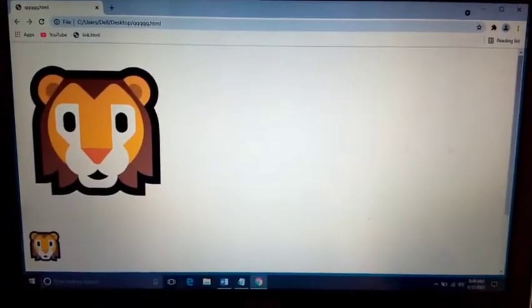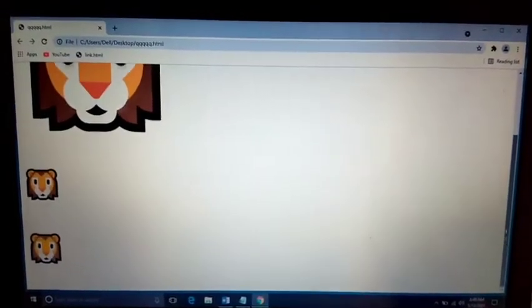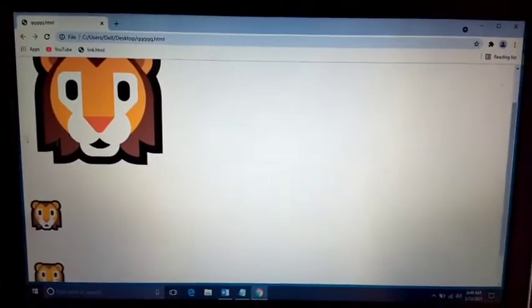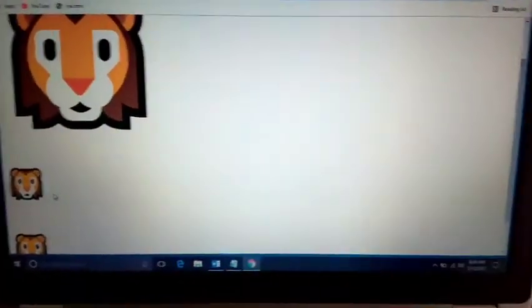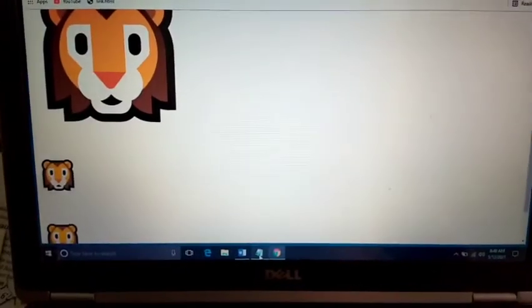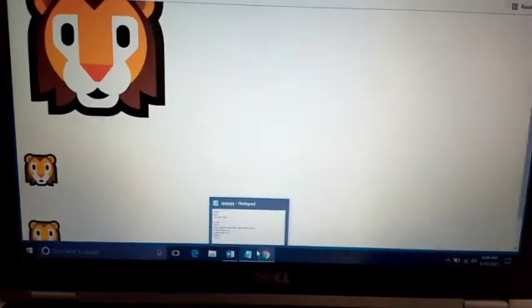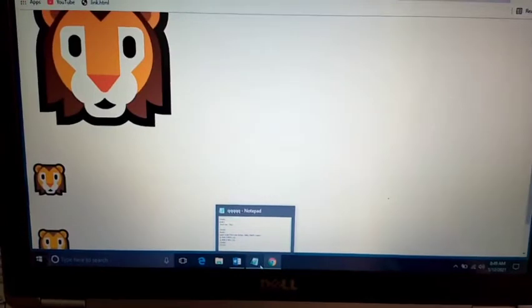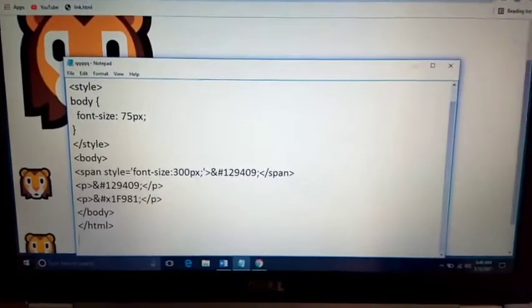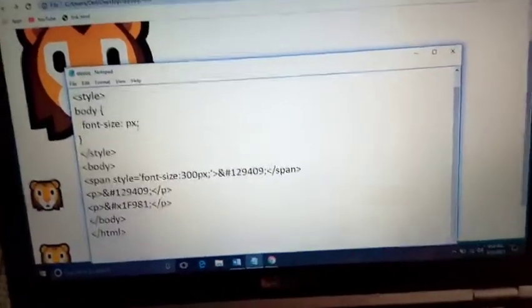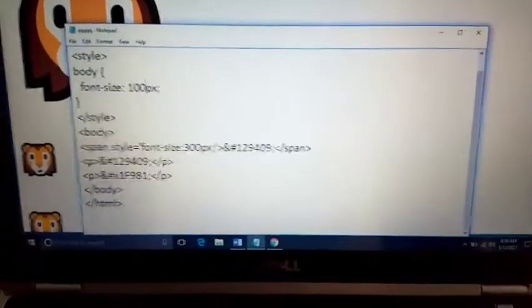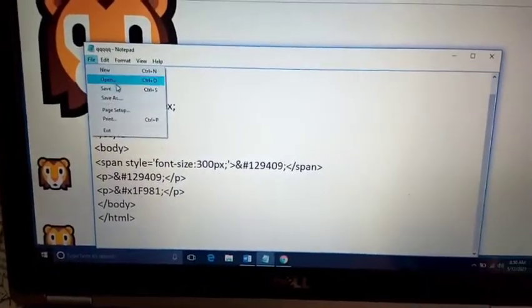So here you can see the difference between the lower two lion heads and the upper lion heads is so much. So we are making the lower to be some bigger. 100, saving it